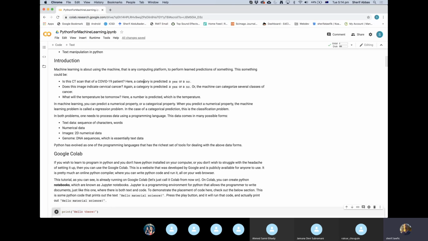Data could be images. Data could be text. For example, if you want to create a machine learning system that can translate text, or a phone operator that can route the phone call of a customer to the right department within the organization, this is really done by machine learning. Now, getting text message, another one,